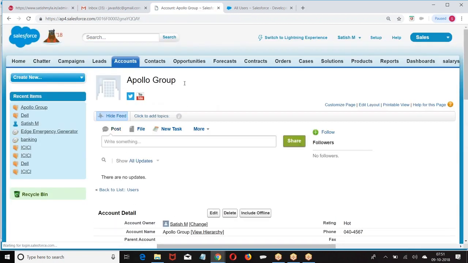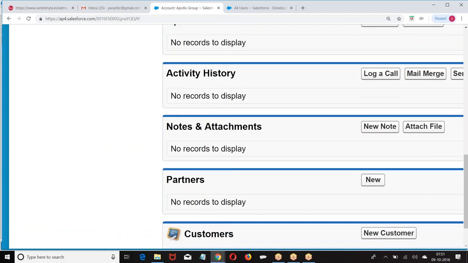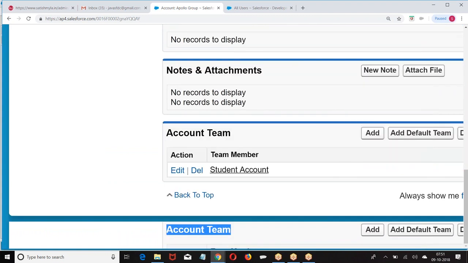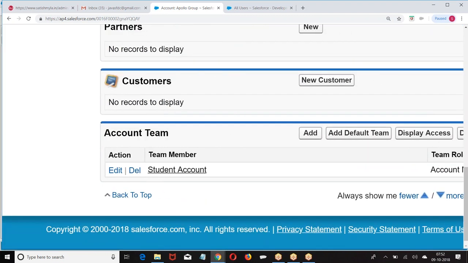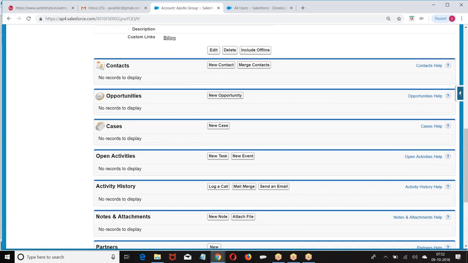So I have created this. When you create this, at the end what happened? Account team student was created as an account team member. Are you getting my point? Now if I want to do this, the account should be there in the database first. Only after the account is saved successfully in the database, I will be able to create a new account team member. That is the reason I have preferred after insert.